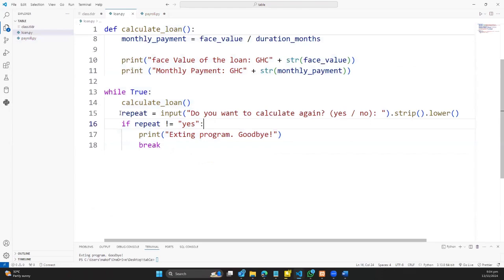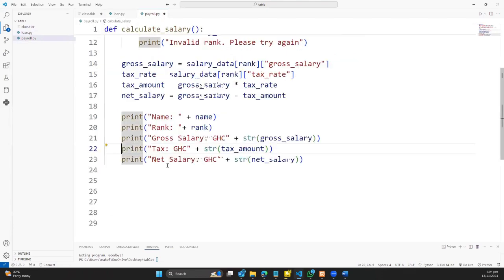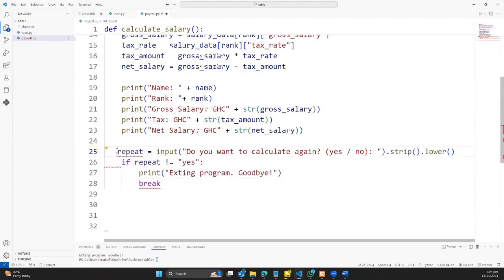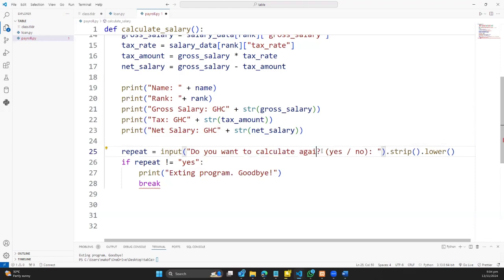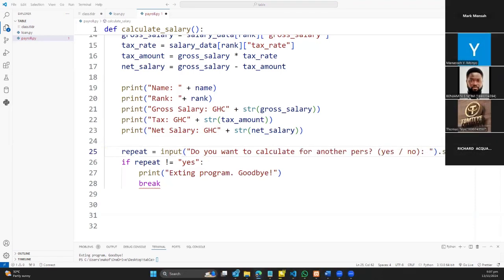Do you want to continue this one? I'll copy it and I'll bring it over here because the code says we should repeat it for people. So, do you want to, but here I won't say, do you want to calculate again? I'll say, do you want to calculate